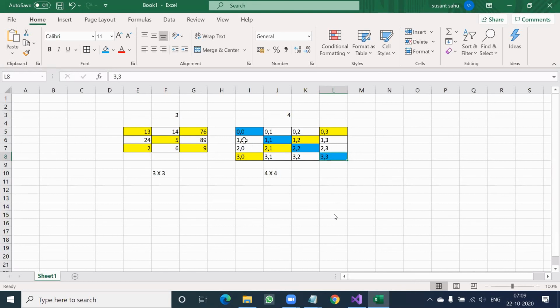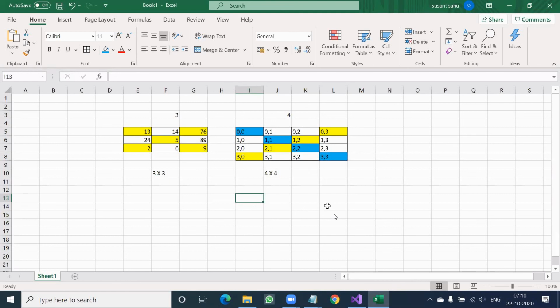Right? 0 equal to 0, 1 equal to 1, 2 equal to 2, 3 equal to 3. Like that, you have to find one relation for the right diagonal, the yellow color diagonal. So either that condition applies or this condition applies. If any one condition applies, please add that value to sum.